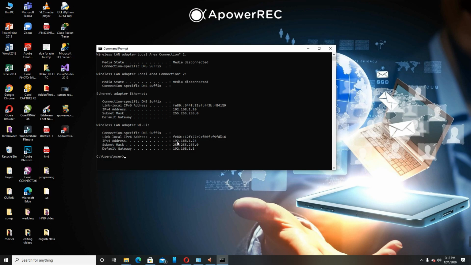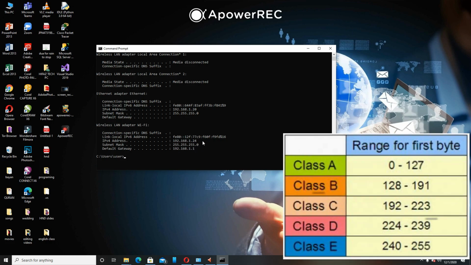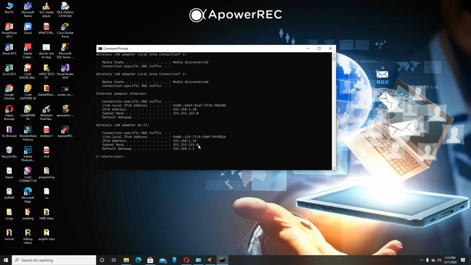So you could see that this is your IP address assigned. So this is your unique IP address. This is your default gateway. This gateway will be default. Since this IP address is class C, the default gateway rule is this